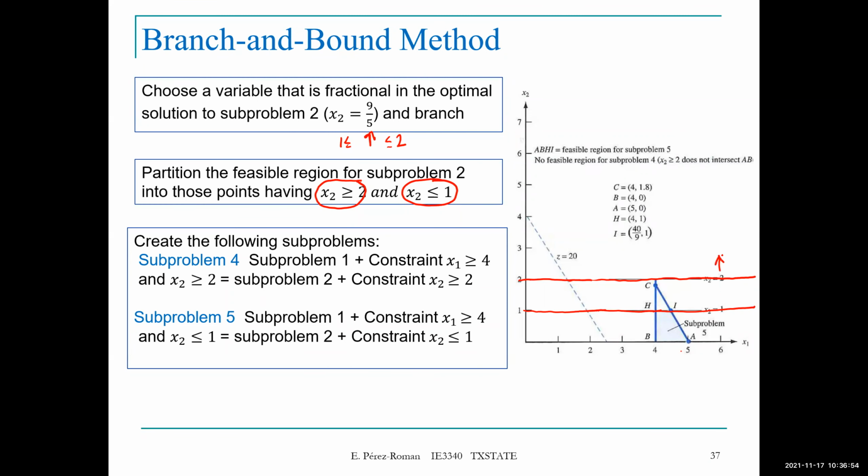So this will go in this direction, x2 greater or equal to 2. And this one will go in this direction. This is x2 less than or equal to 1. And you can see that this constraint at the top